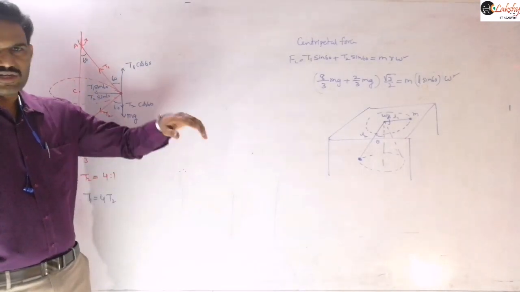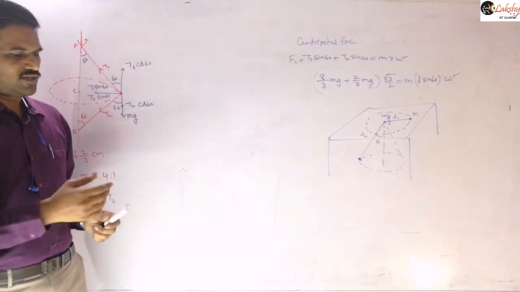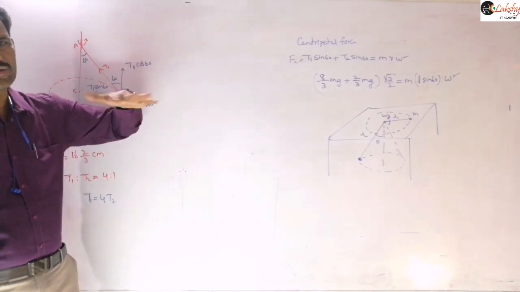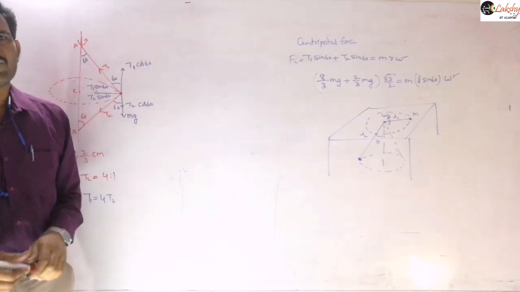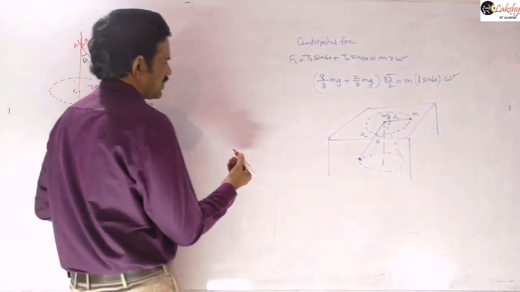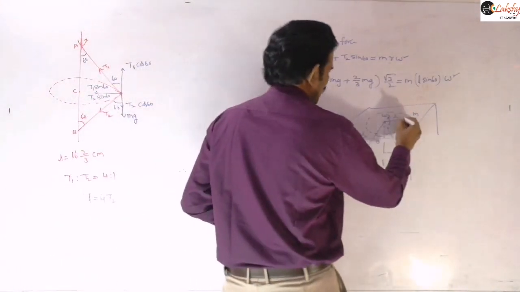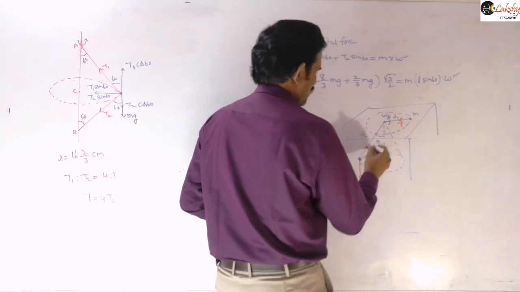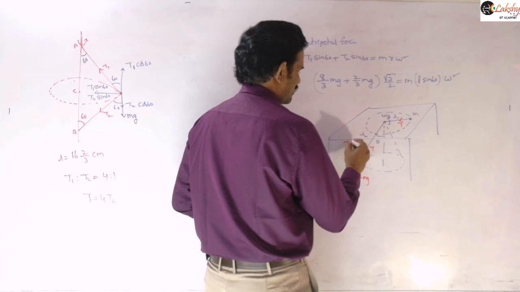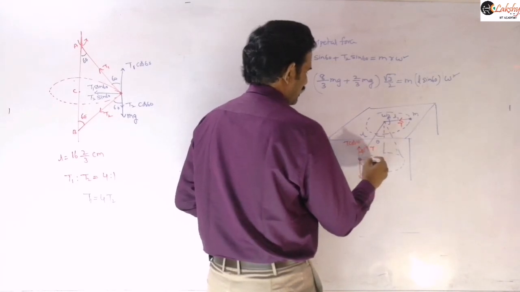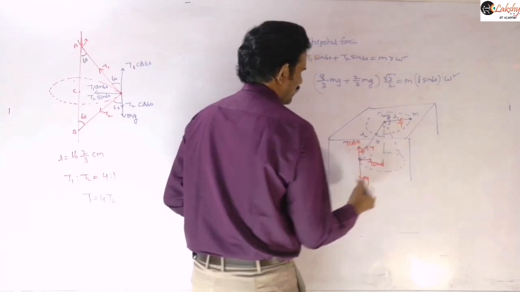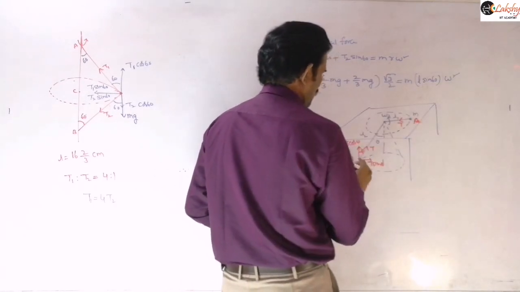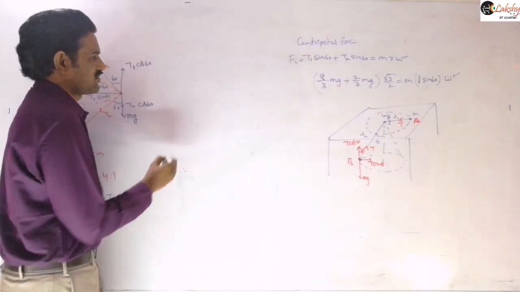So is it clear? Both are revolving there. The top one revolves in a horizontal circle on the table, and the bottom one revolves like a conical pendulum. So you can balance the forces and write here. This is the tension I am taking here. So the tension will be there and here mg will be there. You can resolve this tension into components: this is T cos theta and this force will be T sin theta. I am taking this as particle A and this as B, so that you can write the force equations.